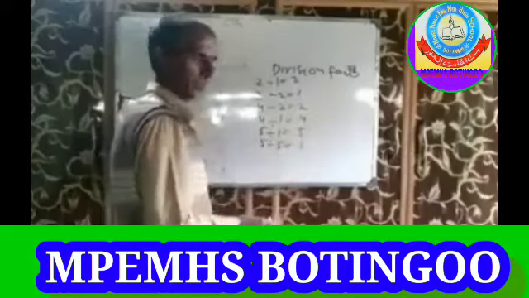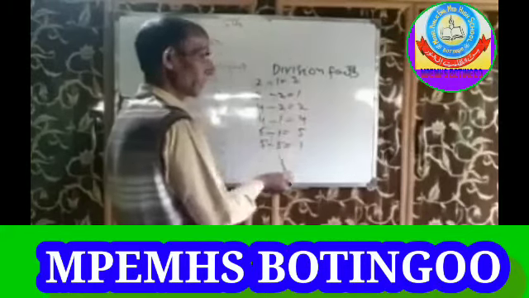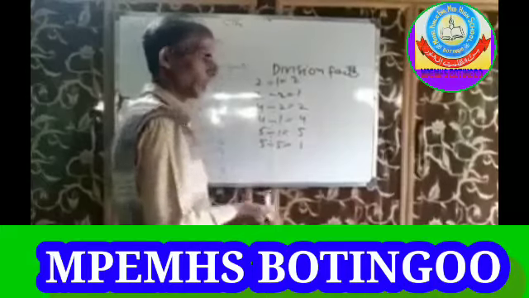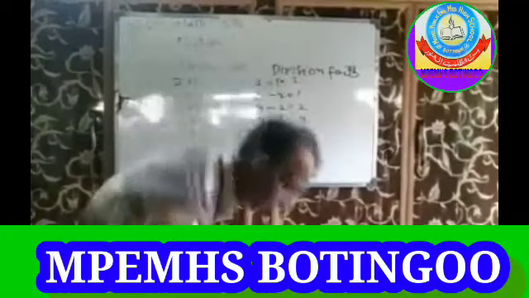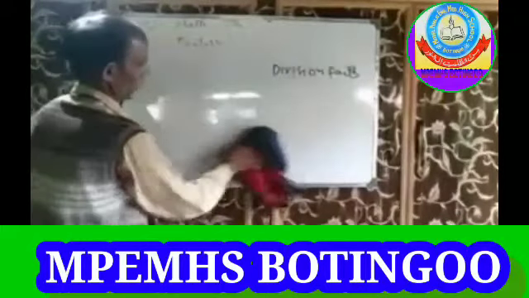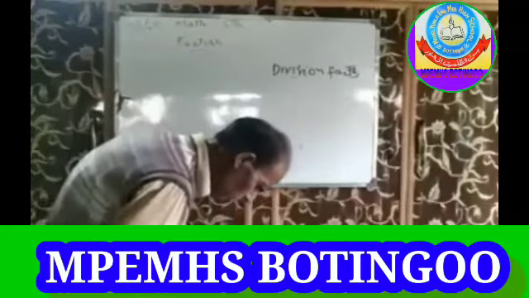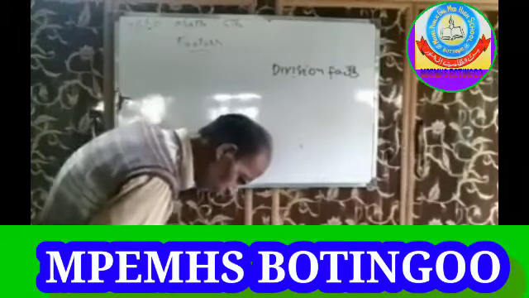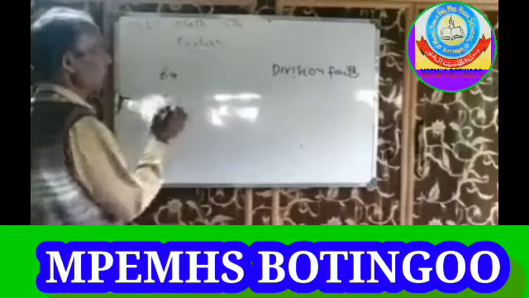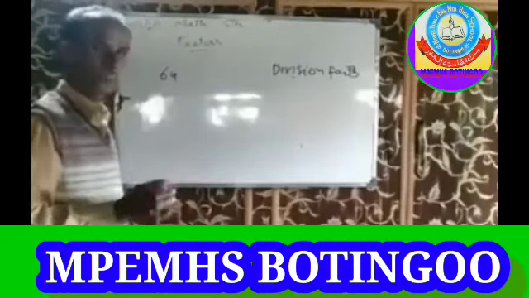These are also the factors. 1 is a factor and 2 is also a factor. 2 is a factor of 4, 1 is a factor of 4, 1 is a factor of 5, 5 is a factor of 5. Now there is another question of finding the factors. Use the division method to find the factors of the following. There is a 64 question. Find the factors of 64 by division method.